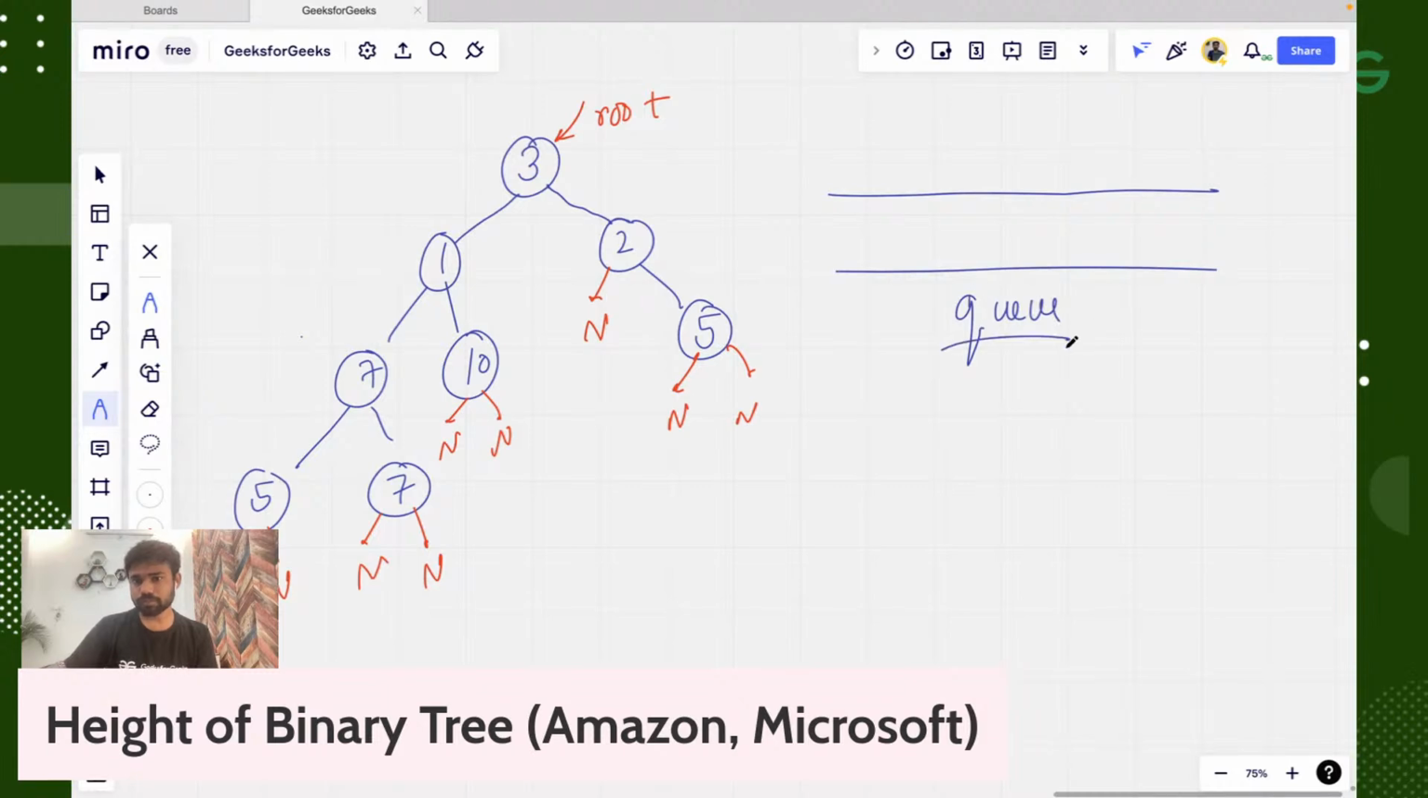Okay. So queue, what is queue? It is first in, first out. Okay. FIFO. First in, first out is what queue is. Okay. Great. Now, guys,